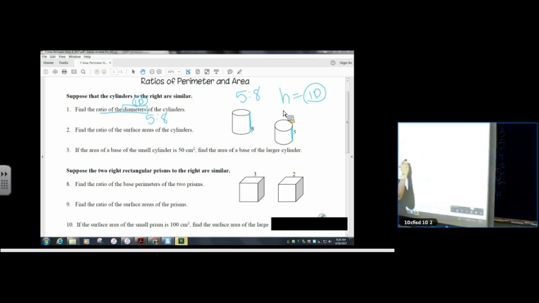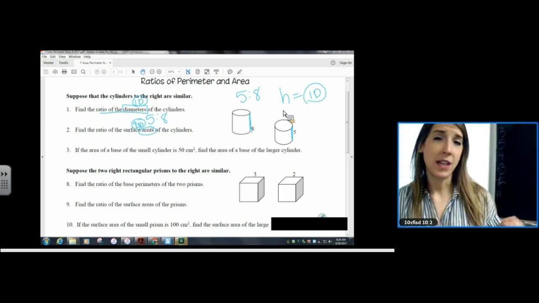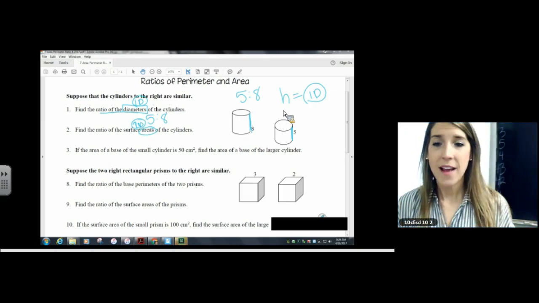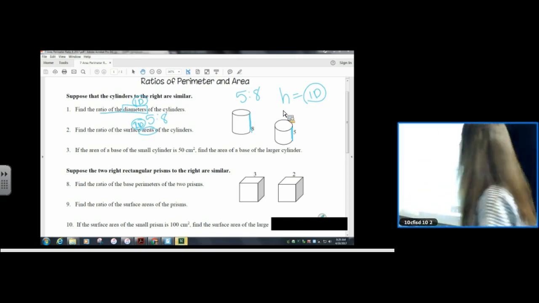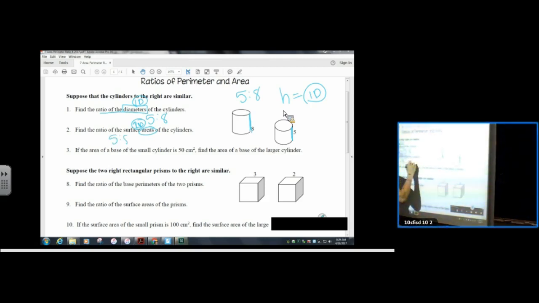Here's where things change. So the ratio we've been given, 5 to 8, or 8 to 5, that's in one dimension. We want the ratio in 2D, so all we do is not worry about how to find the surface area of a cylinder. We square the